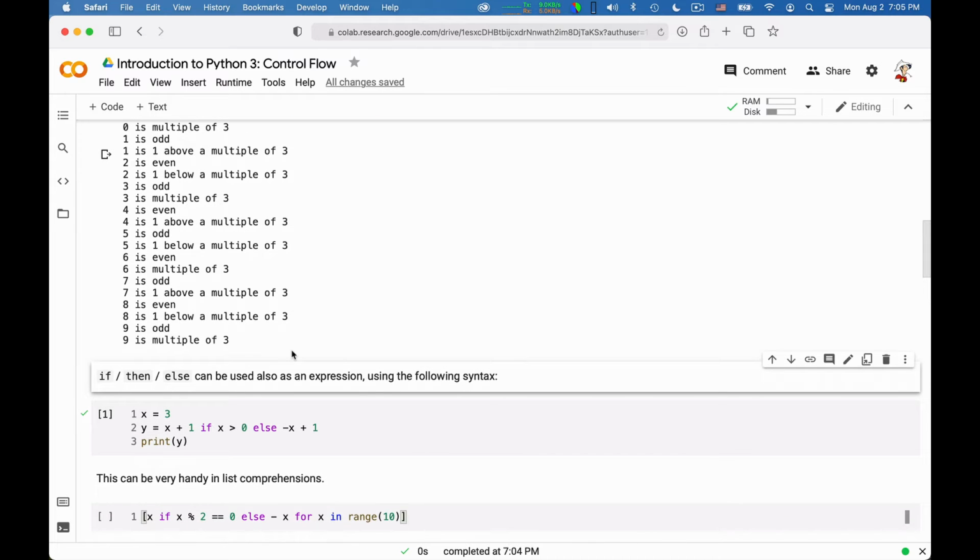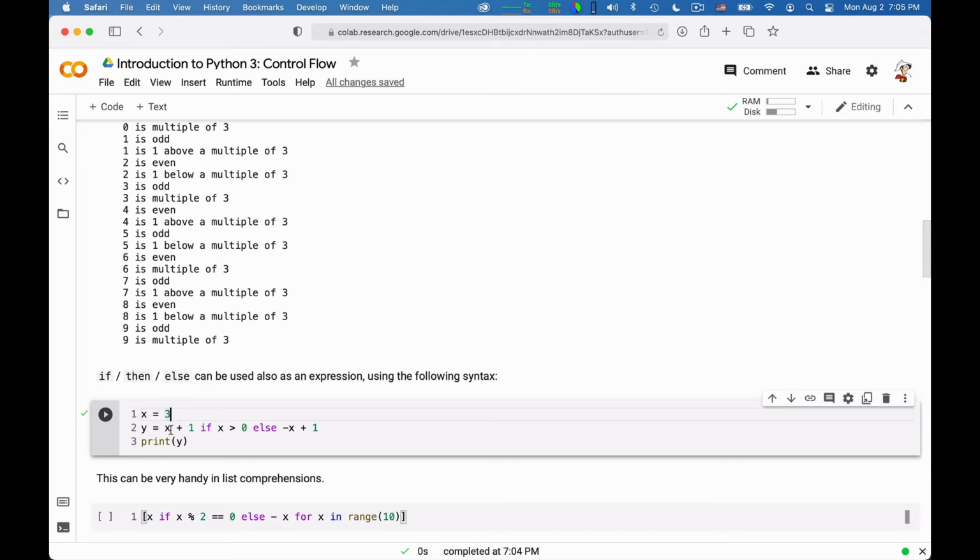One useful thing is that if then else can also work as an expression. For example, I can say x is equal to 3, and I can say y is equal to x plus 1 if x is greater than 0, else minus x plus 1. Okay, so the thing is that you first put the expression in case the conditional is true, and after the else, you put the expression you're going to use if the condition is false.